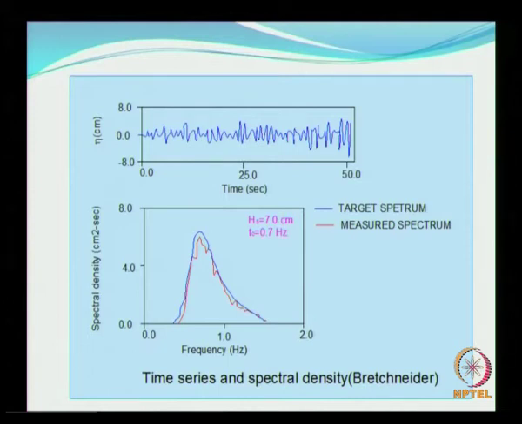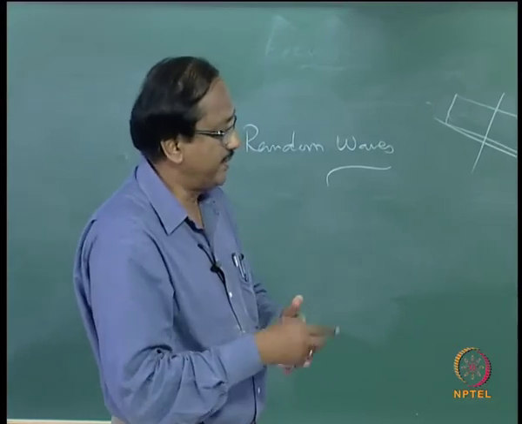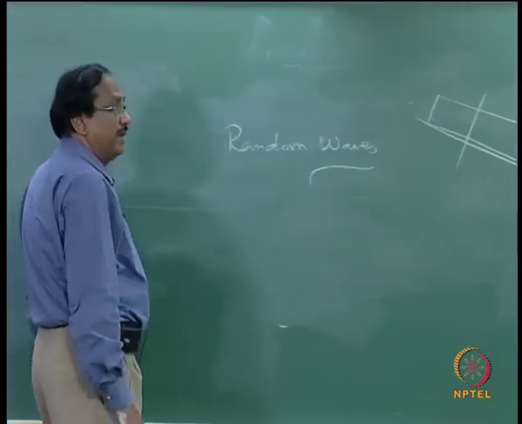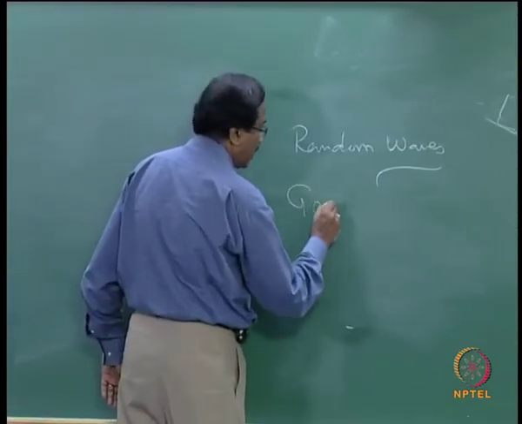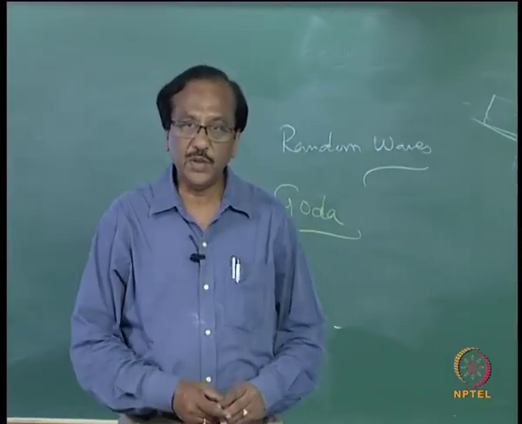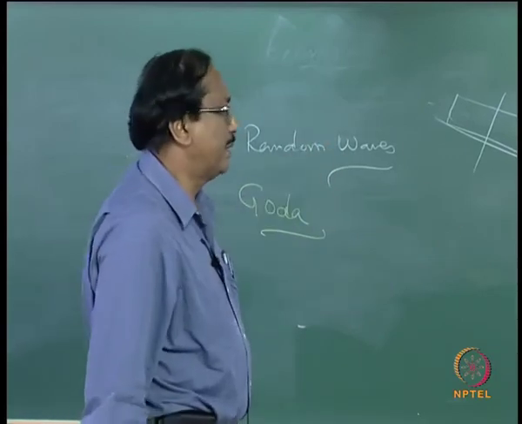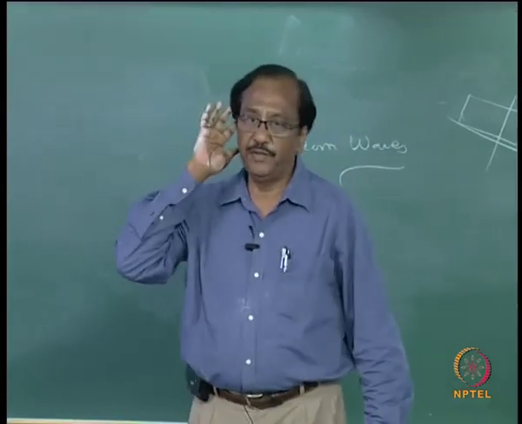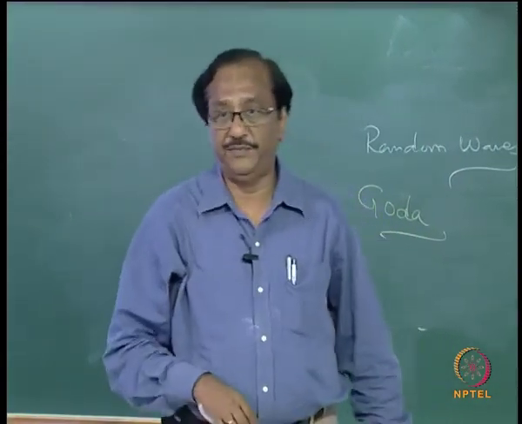Then you measure the spectrum in the flume and try to compare the target and measured until you are really satisfied. There is a way to alter the signal so that you keep doing the process until you come to the type of spectrum you would like to have in the tank. For this purpose you should refer to the book by Goda, which gives some basic information about how to tune your wave maker in order to arrive at the characteristics of the wave in the flume that you would like to have, okay.